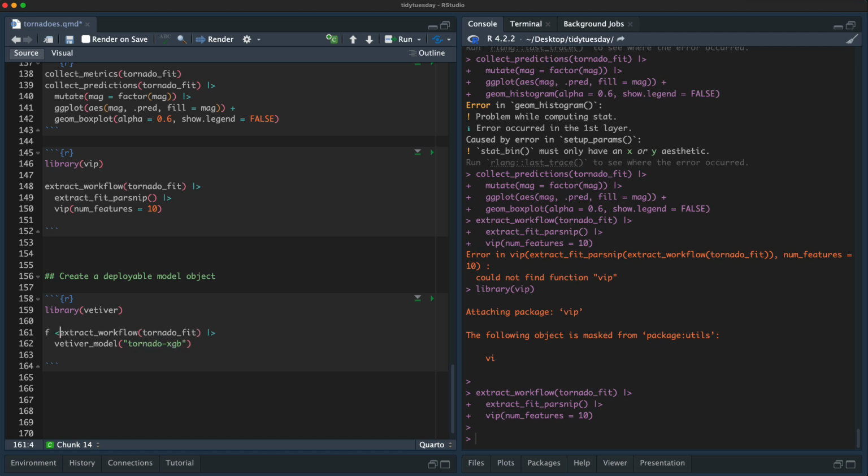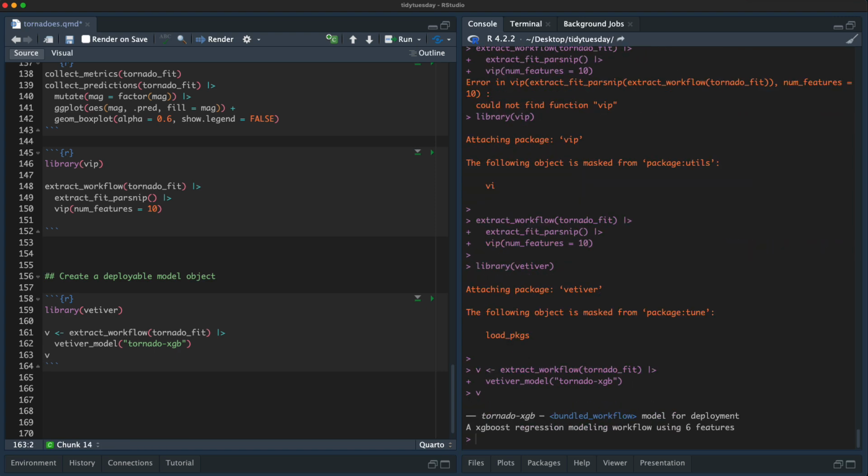Let's just call that v here. This would be an object that we could then deploy to some place where we want to serve predictions, like Posit Connect or a Docker container or wherever you need to serve your predictions from.